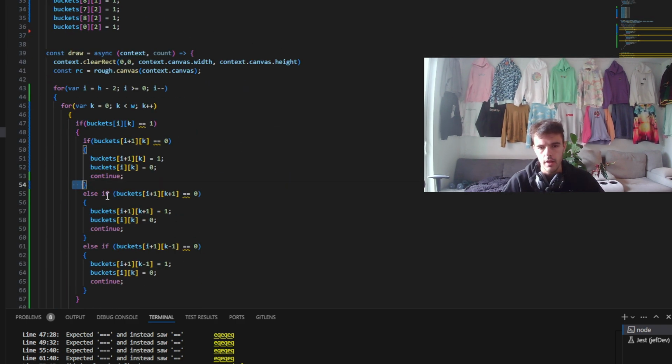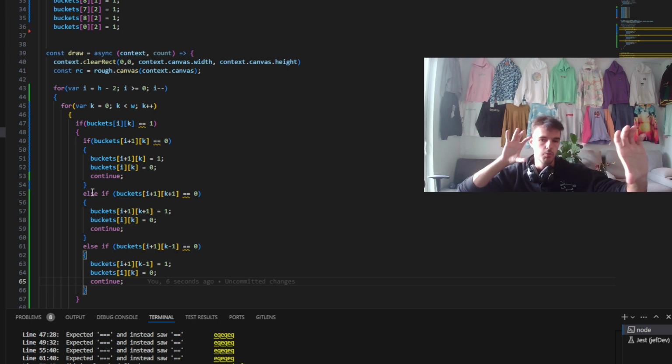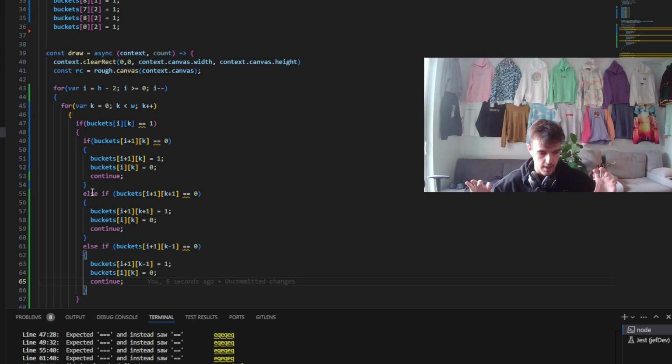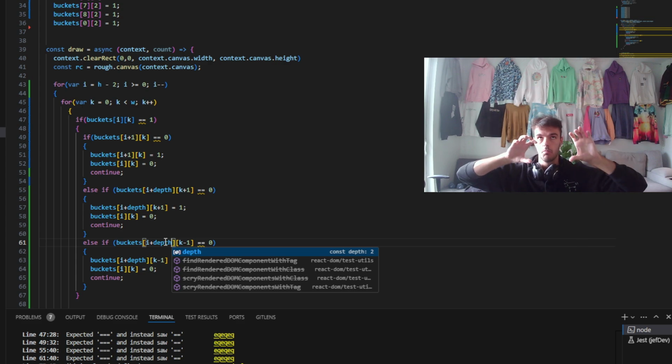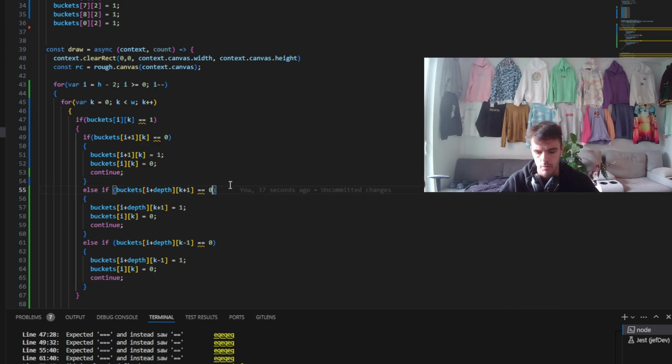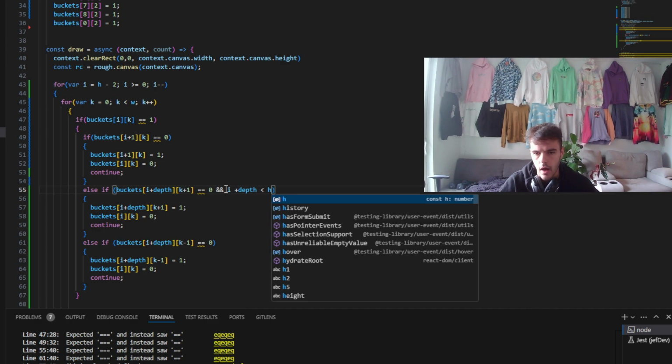And then all we need to do down here is always check if we're going to move to the left or the right. That means that we need to have an empty space down our depth. So right now we were hard coding 1 as our depth, saying always check 1 below. But if we just change these to look at the bucket, instead of 1 down, it might be 2 down, it might be 3 down, it is always going to be depth down. And then if we just add some checking here to make sure that we don't go too far below the screen, so I plus depth is less than our height,